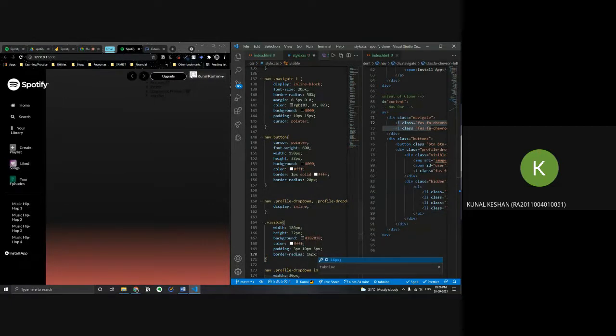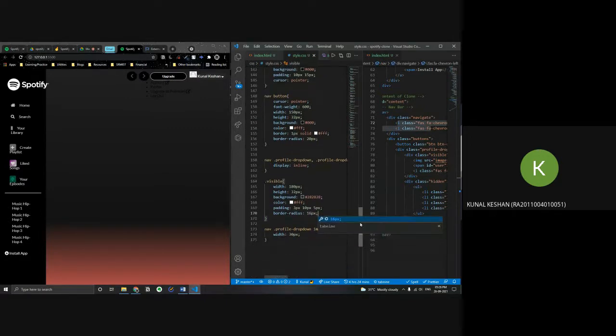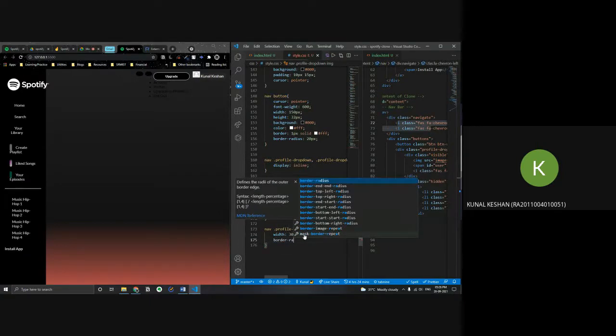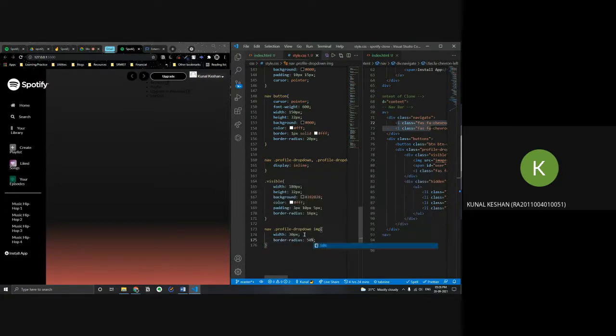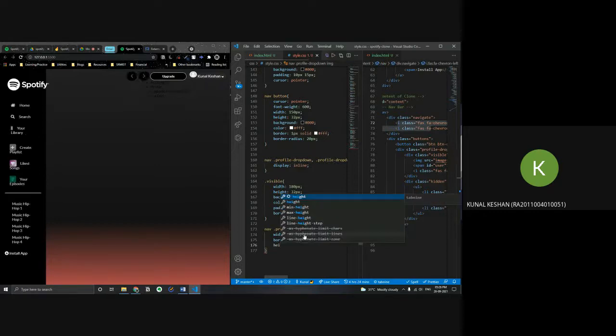Now we have to accommodate the image as well. So we can just go to the image tag. We want it to be a circle, just like the original one, radius 50%. Reduce its height a bit, and bring it down.